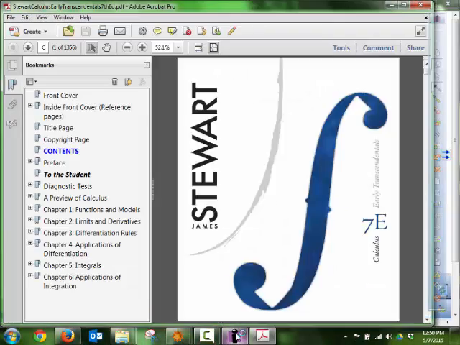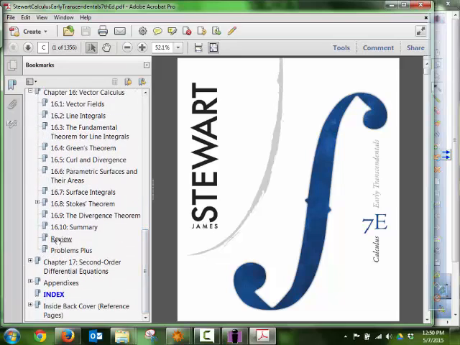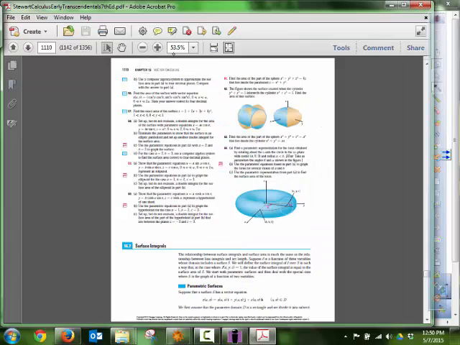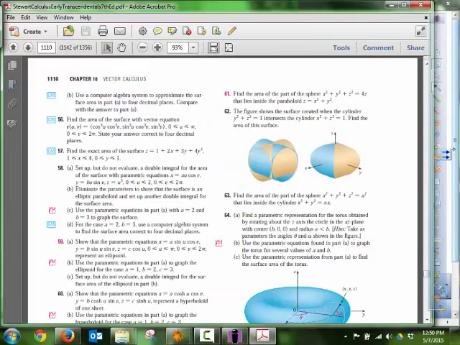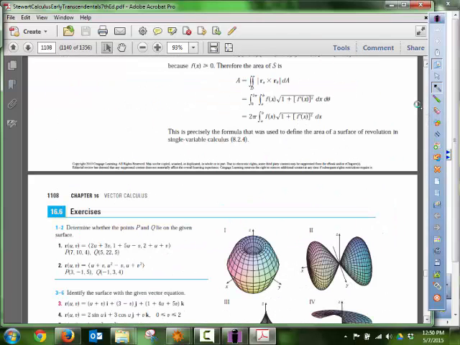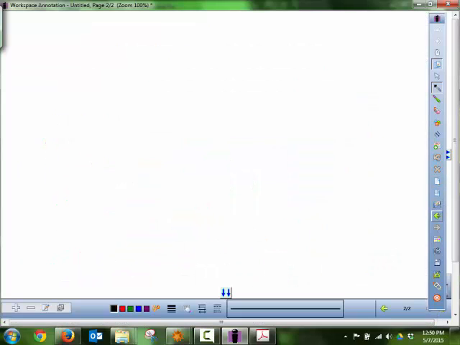So parameterizing surfaces. The way we're going to start off thinking about parameterizing surfaces is maybe to go back and see how it is to parameterize a curve. We'll look at parameterizing curves in a couple of different ways, and then we'll see how that extends to the idea of parameterizing surfaces. So I'll start off with a recall statement. When we parameterize a curve,